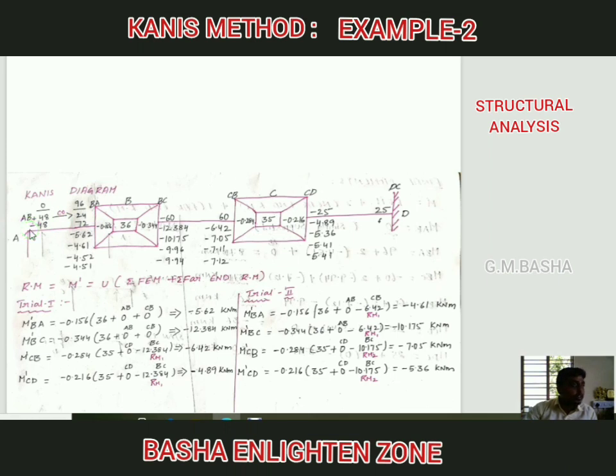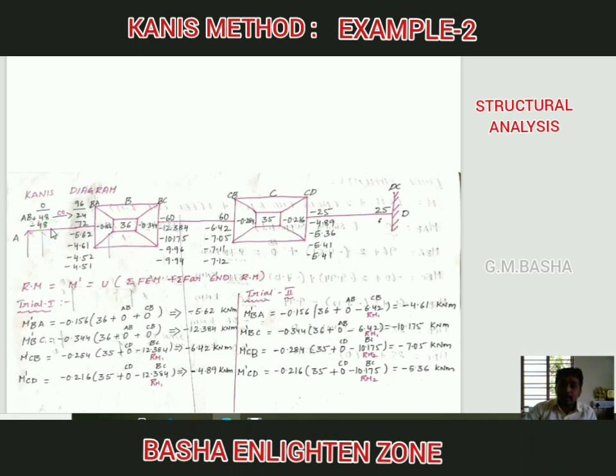Okay, after that, please remember that in the last diagram, end A is fixed. That is the reason we directly went to the procedure of calculating the rotation moments. But here there will be some fixed moment, that is minus 48 at end A. So at the simply supported end, the moment will always be equal to 0. Your final moment will be equal to 0. That is the reason you have to make this fixed moment also 0.